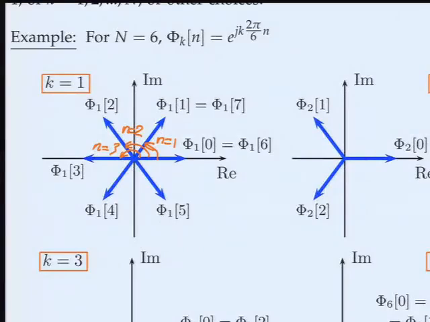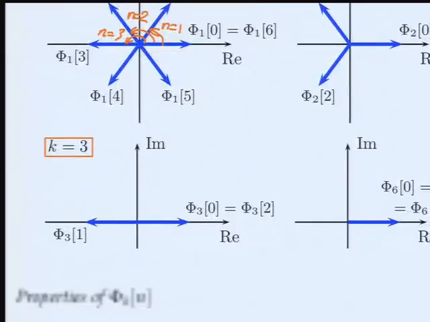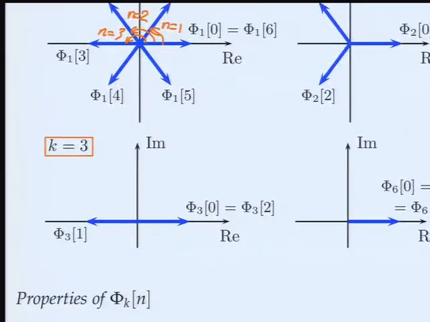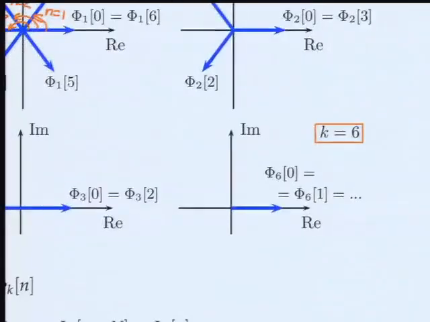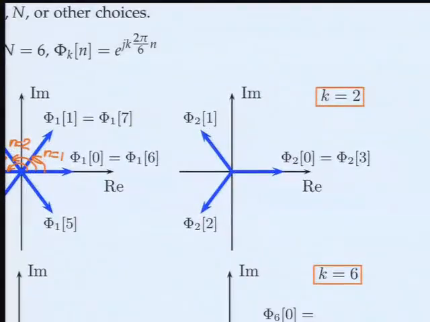So that means that every time I'm going to rotate by 180 degrees. That means this particular sequence is a real valued one. It starts at 1, goes to negative 1, comes back to 1, and so on. It has period 2, therefore also period 6. So you can do this for all k's up to 6. And at 6, something funny happens.